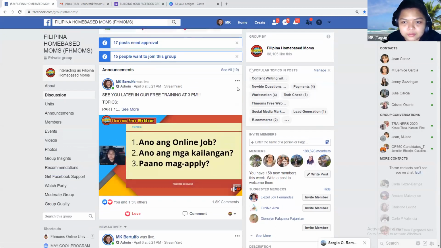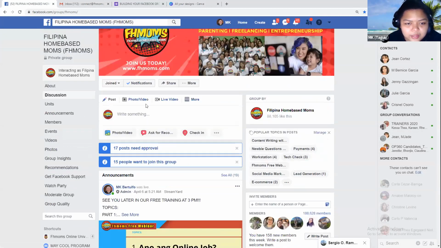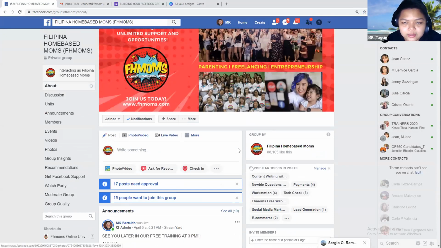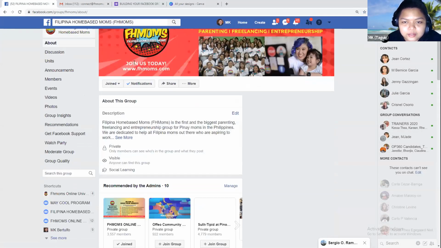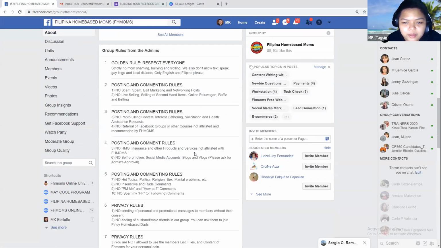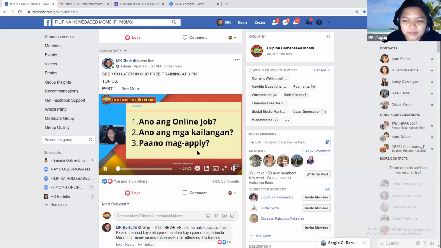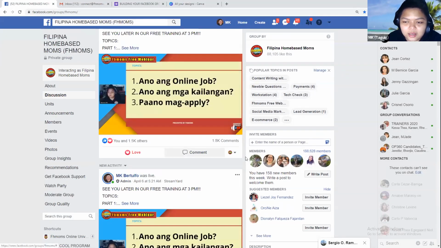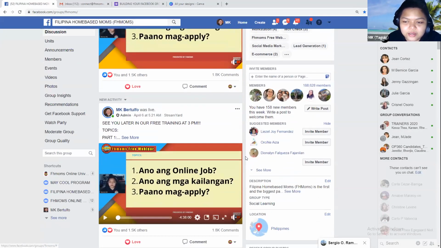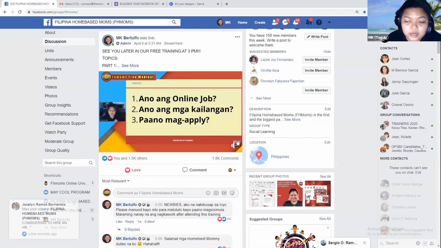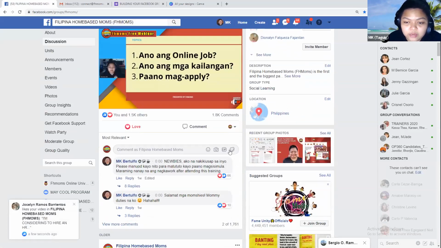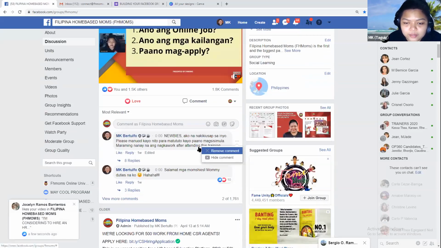Here pala. Ayan, nasa about lang yan. Sorry. Here. Ayan. Tapos kung halimbawang meron kayong comment na gusto nyong, syempre hindi nyo naman na gustong malaman pa ni commenter na kayo yung magre-remove, or hindi nyo naman na siyang gustong i-call out na, uy, may hindi ka magandang ginawa, for example, this one.